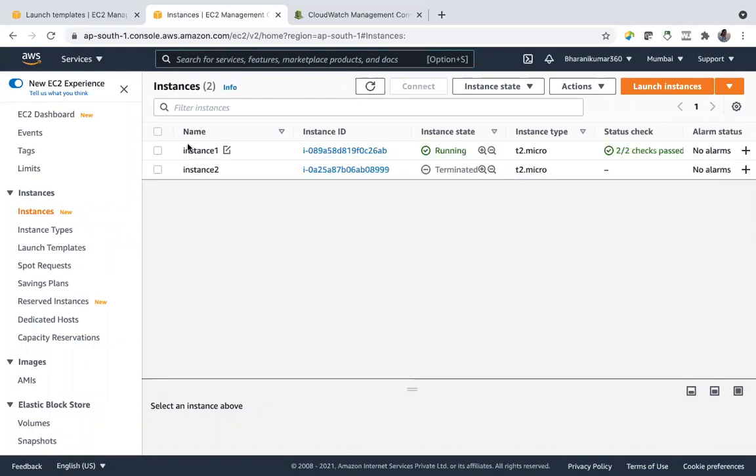And also to check this scale up alarm, you have to induce traffic to your instance. Right now I have only one instance, and to check the scale up policy, your instance has to meet 50% of the CPU utilization.